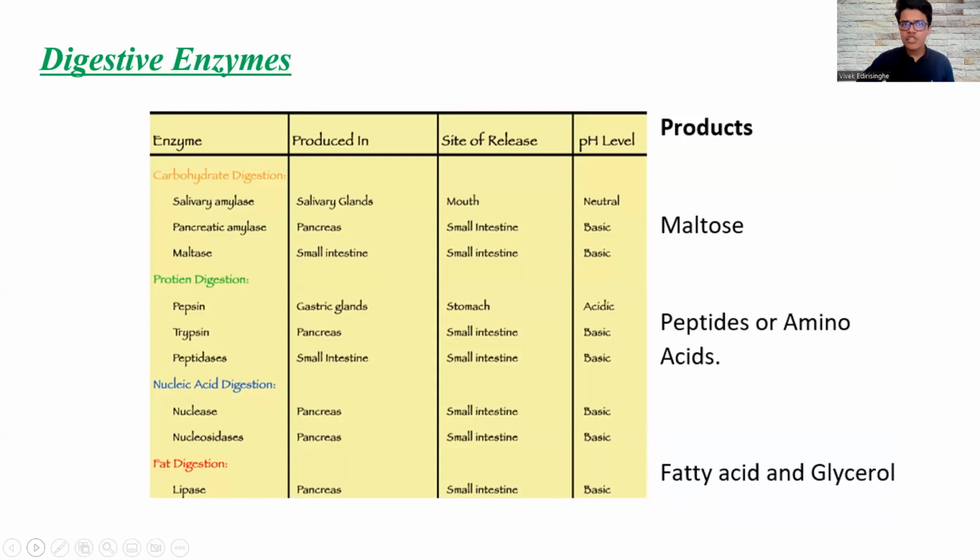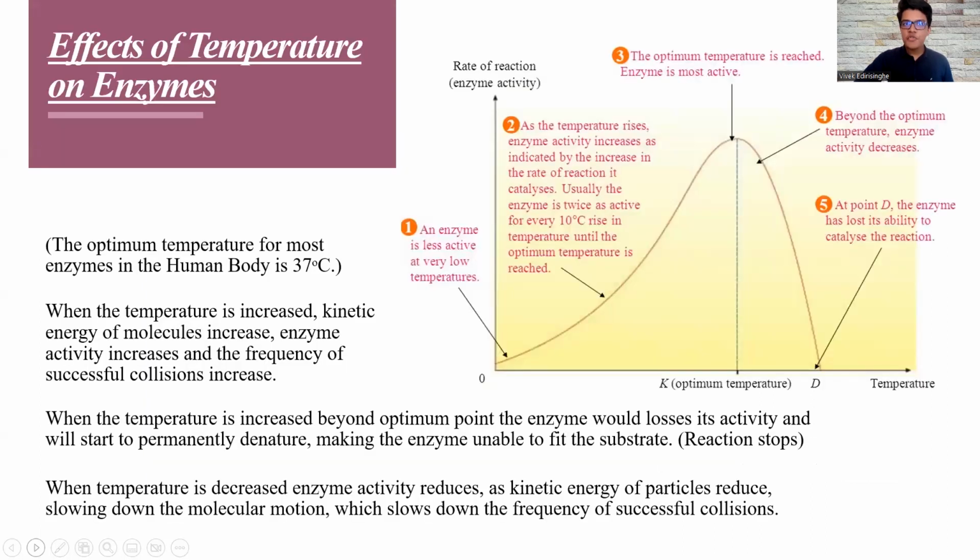In protein digestion, we are talking about 3 enzymes: pepsine, trypsin, and peptidases, whose goal is to break down large protein molecules into peptides and amino acids. In nucleic acid digestion, we have nuclease and nucleosidases. And finally, for fat digestion, we have lipase, whose final goal is to form fatty acids and glycerol after breaking down lipids. Then we move on to the 2 main conditions that affect the activity of enzymes, which are temperature